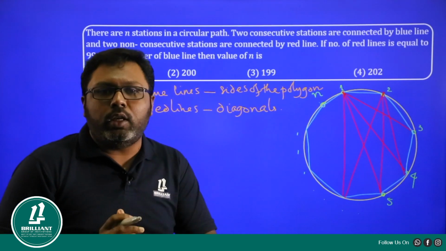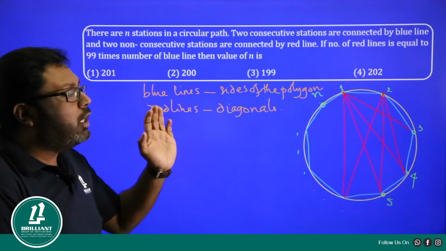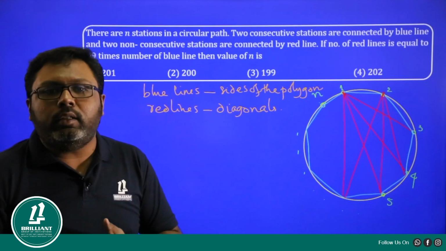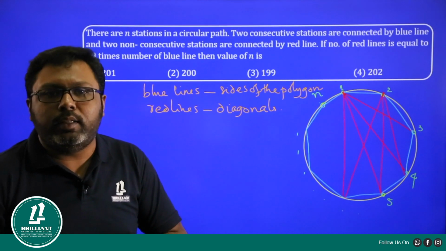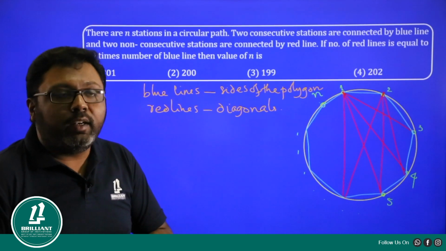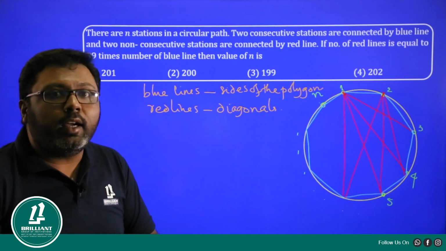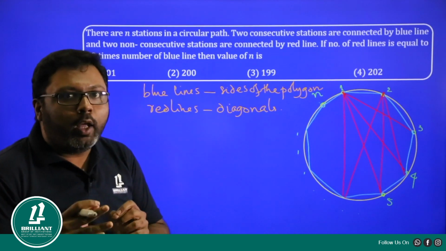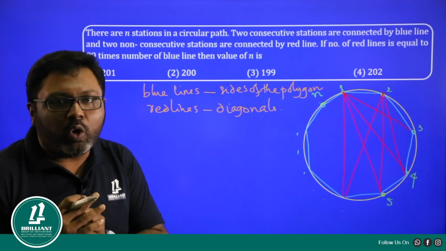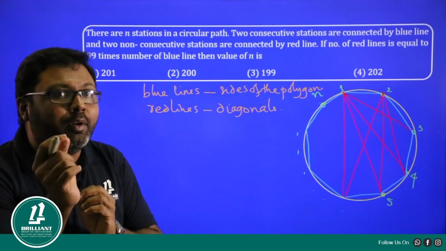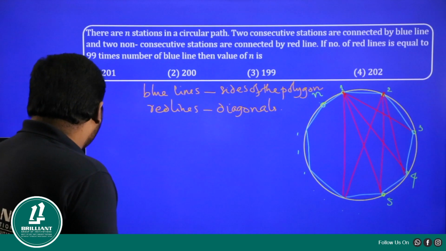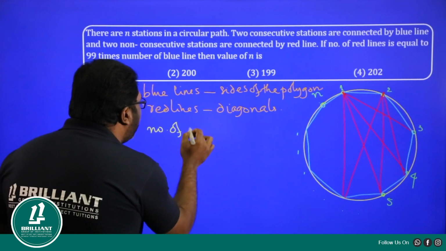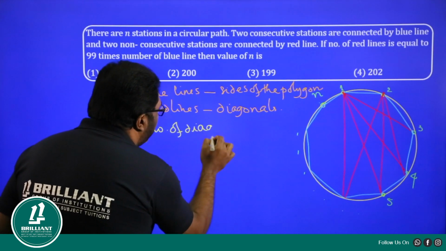The question is saying that the number of red lines is 99 times the number of blue lines. Now, you know the formula in permutation combination to find the number of diagonals of a polygon. What is the formula for that? Number of diagonals is equal to